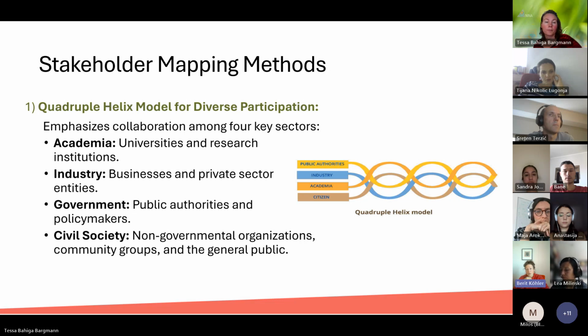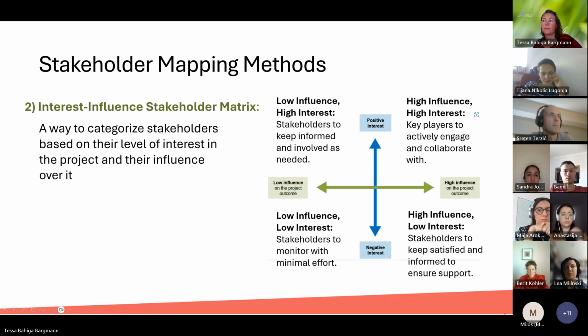And here in this figure, you see the idea: these 4 sectors would find an arena to intermingle, collaborate and exchange their perspectives and ideas. Okay, go on. Fine. And another mapping method